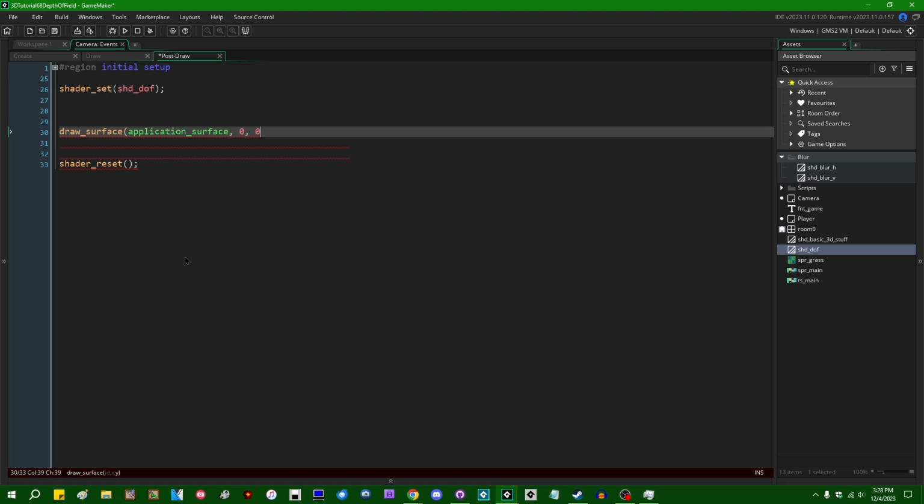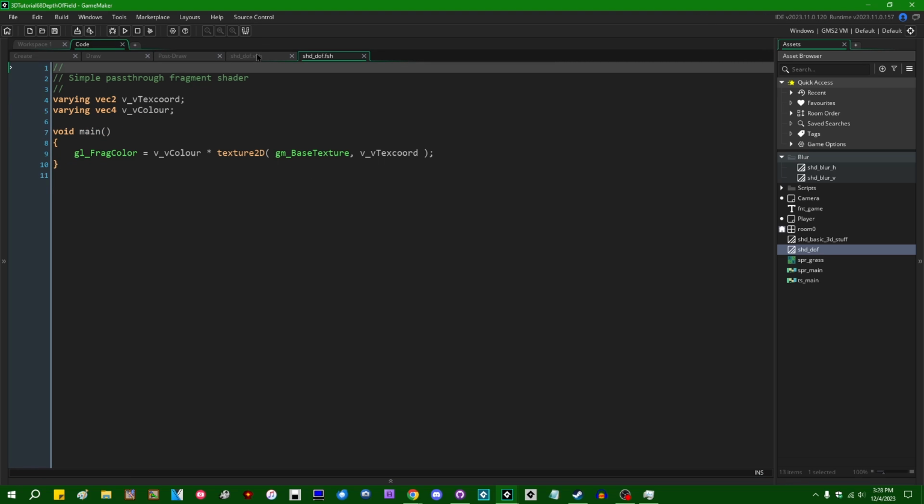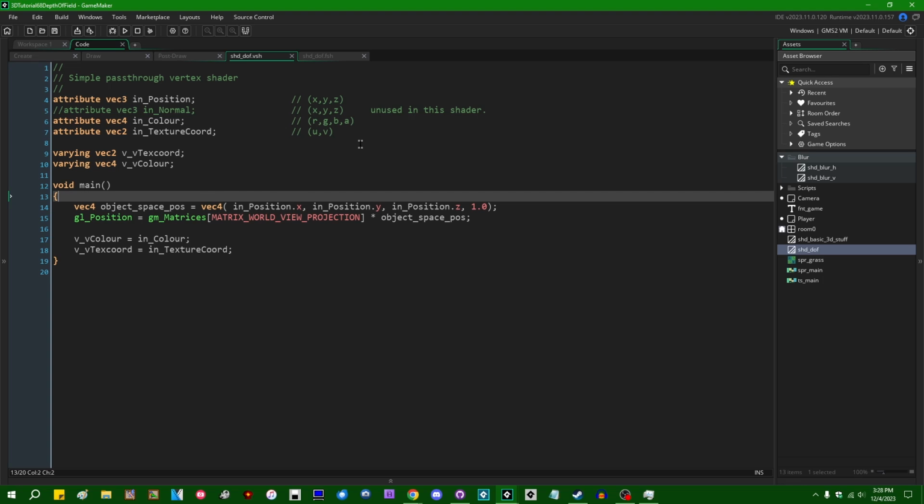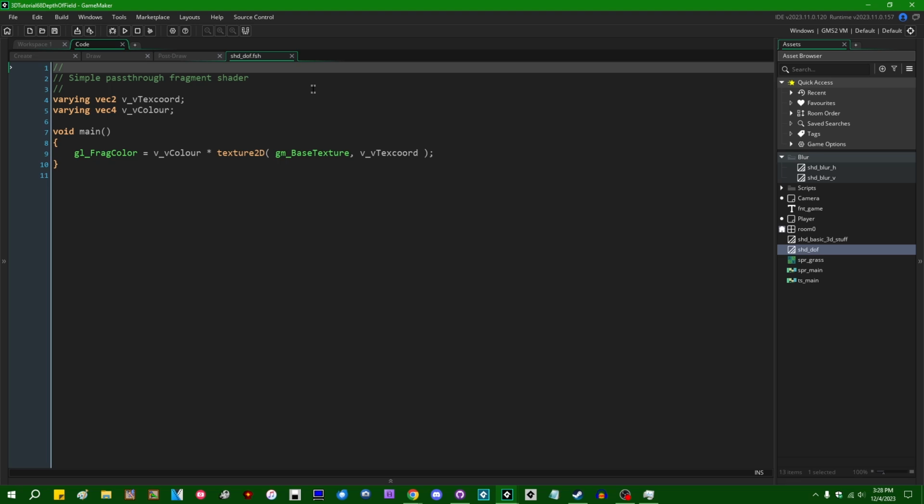The application surface, x, y is 0. So let's talk about the actual depth of field shader, shall we? We don't care about the vertex shader, because this is just a pass-through vertex shader. We don't have to do anything exciting here. In the fragment shader,